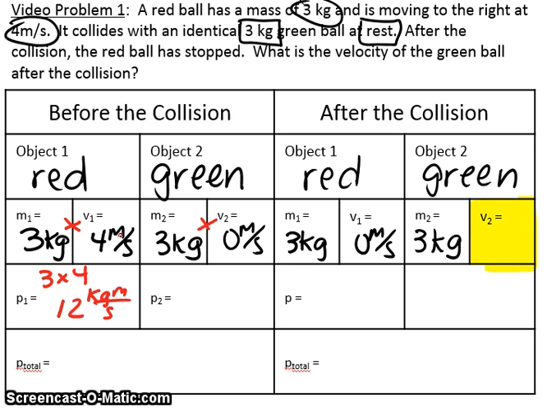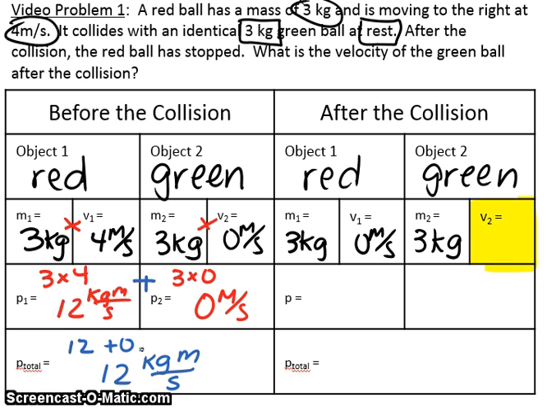The second momentum is 3 times 0. Again, mass times velocity equals momentum. And in this case, it's 0, because 3 times 0 is 0, and a stationary object has no momentum. So our total, we add those together. 12 plus 0 gives me 12 kilogram meters per second of momentum